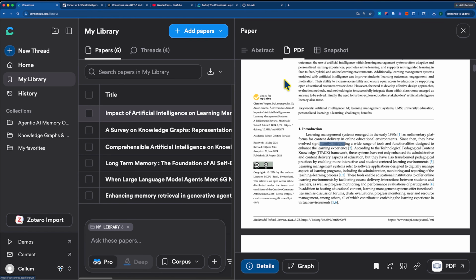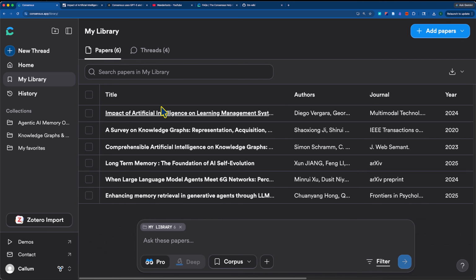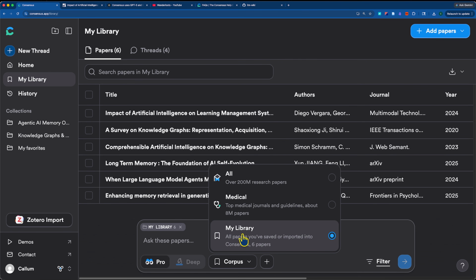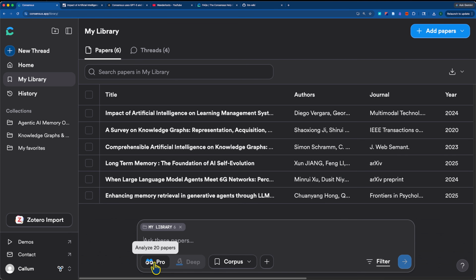You can click on citations. There's a lot that we can do here. But what we can also do is we can see on the bottom, this is one of the major updates that they've had. We can choose to chat with only my library rather than chatting with everything. So this runs that same Scholar agent I was talking about, the Pro Search, and it limits it to only